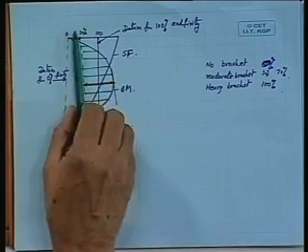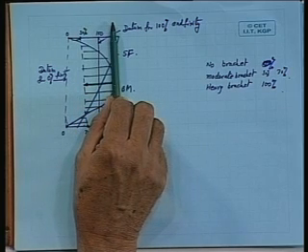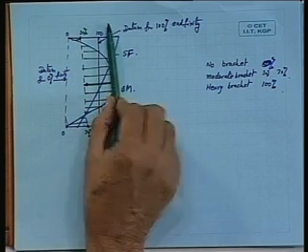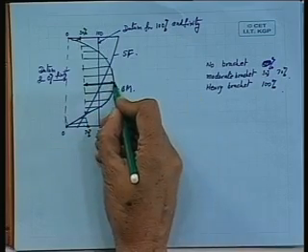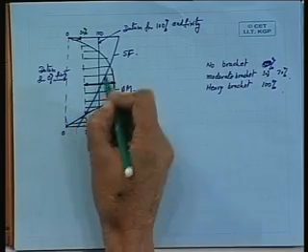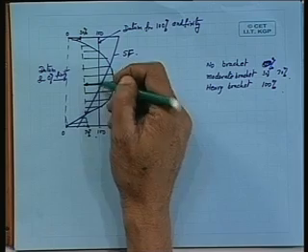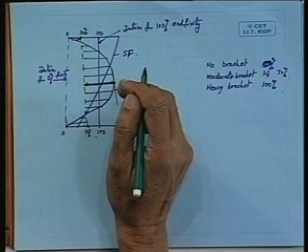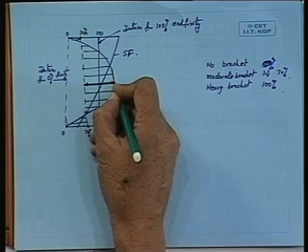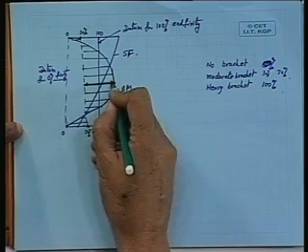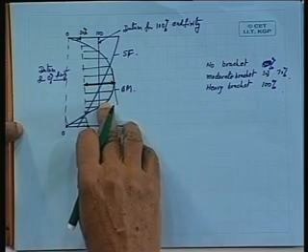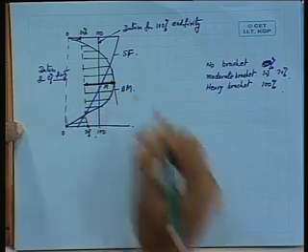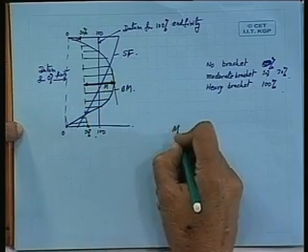I have to take a line parallel to this. Wherever it becomes tangential to this curve, that is the point where the value is maximum, and this is the position from top or bottom wherever you try to measure, that at this location the maximum stress is coming. It's okay. So, once I locate this, then at this level, whatever is the maximum bending moment, that bending moment I note,